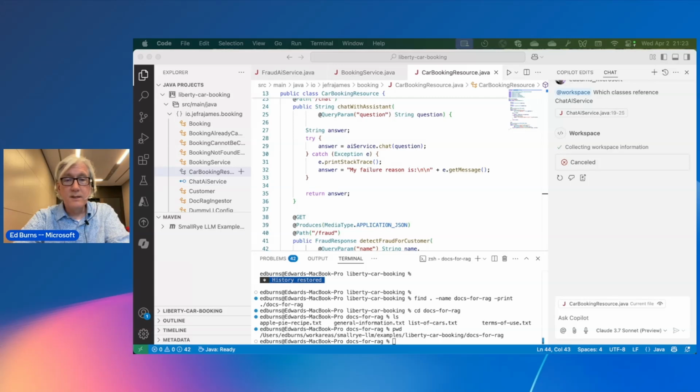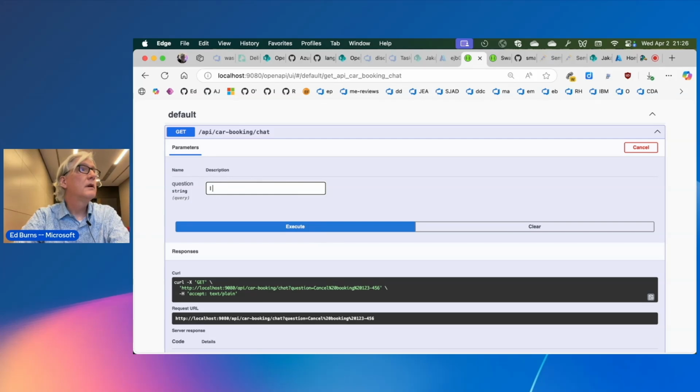The endpoint is there for me. It's just a REST endpoint. So first I'll interact with the booking chat here. I'll reload this. Okay, clear and execute. Okay, yes, my name is James Bond. Please list my bookings. So here they are. These are the ones you can see from the simple database there.